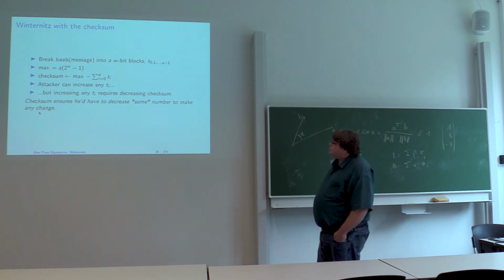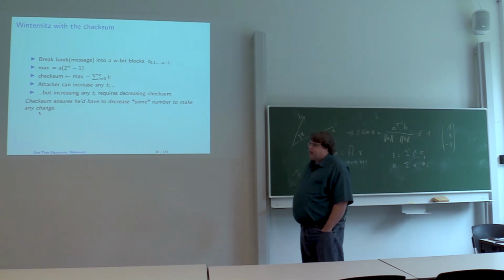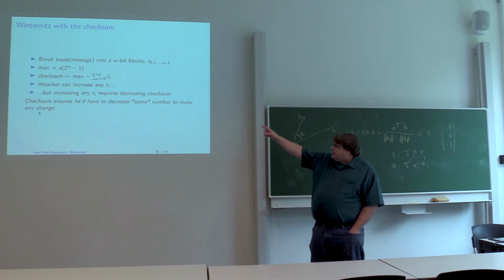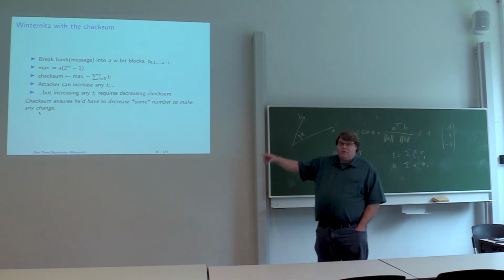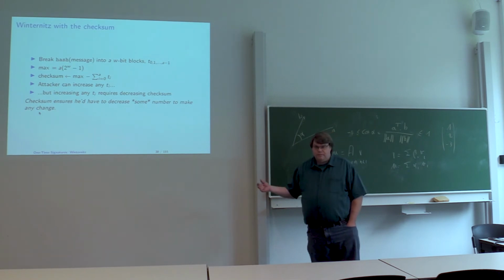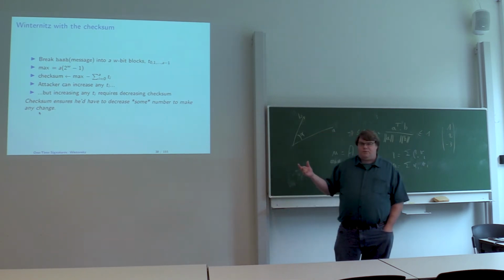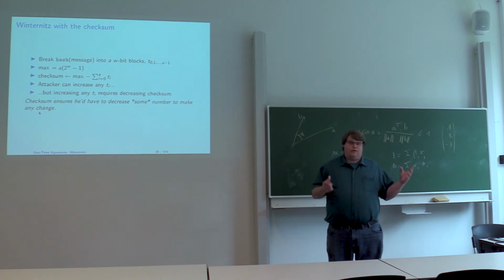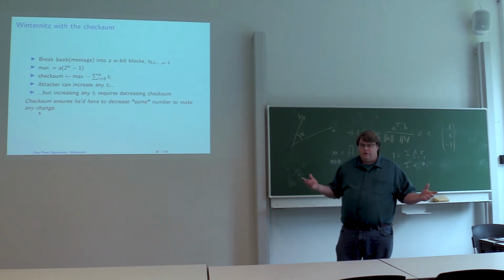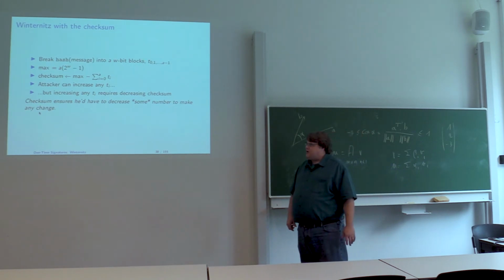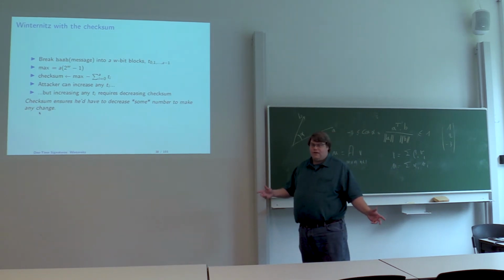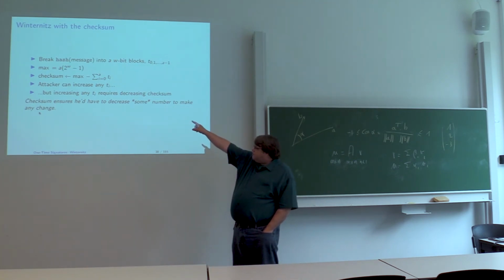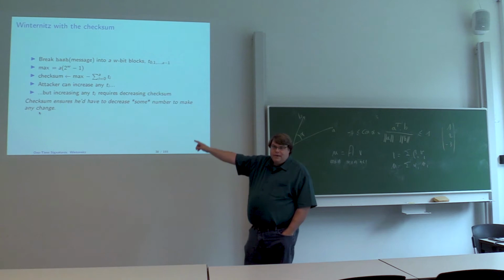So what we're going to do with Winternitz with the checksum is break the hash into these W-bit chunks, just like before. We're then going to compute the maximum value based on the number of components, the number of pieces we need. For example, if we're doing 4-bit chunks and we've got a 256-bit hash, then we're going to have 64 of those. So we're going to figure out 15 times 64. That's going to be our max. And then we're going to compute this checksum, that's the maximum minus the actual sum, just like we did before